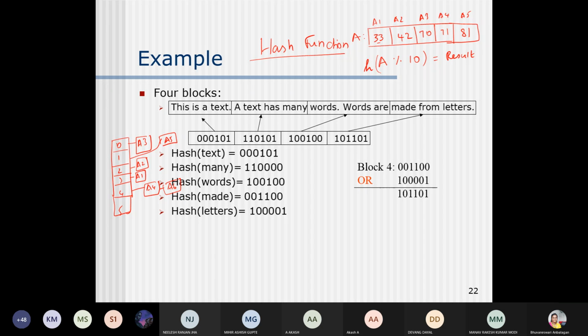Now what you need to understand here is, for every text you will be applying a hash function. We have to design a hash function rigid enough so that the result of the hash function can never lead to decoding the text you're trying to secure. That is the hash function.